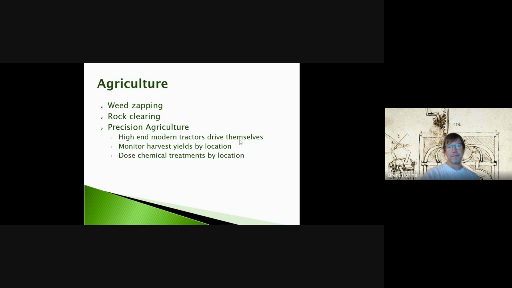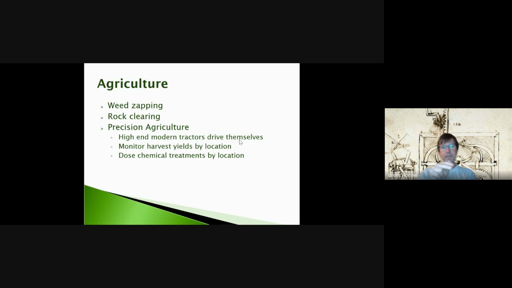The farmer sits in there and monitors the thing, but they set it up, and the tractors keep historical information and know parts of the field that have high yield versus low yield, and can dose chemical treatments. And right now we're back to chemicals in our agricultural system, but at least if you can add in these precision agriculture concepts and know